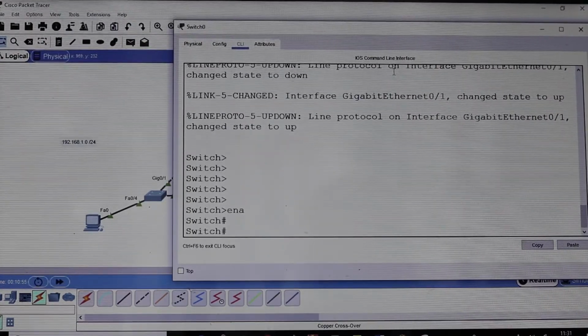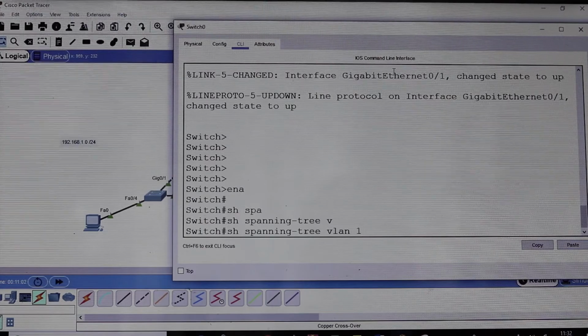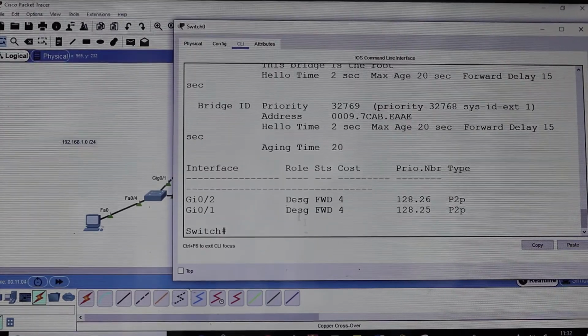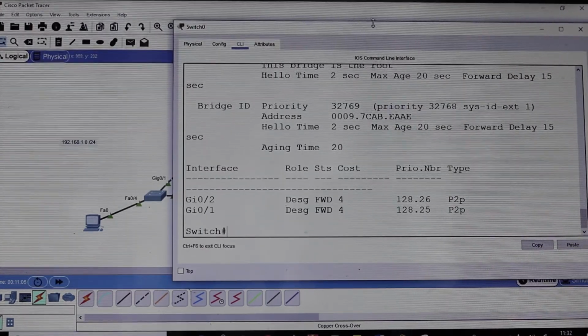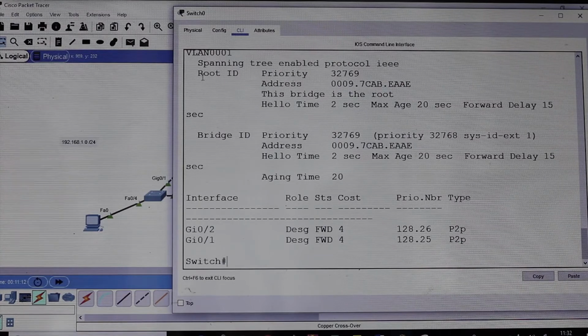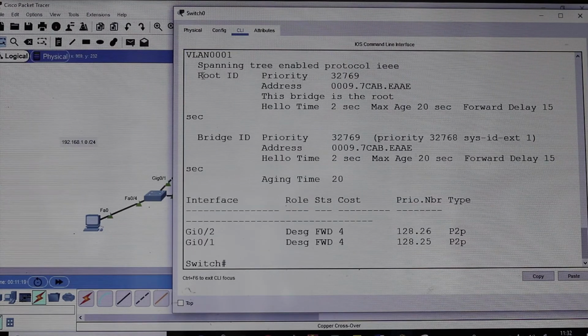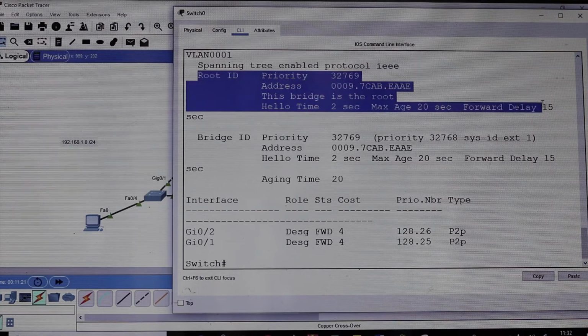Show spanning tree for VLAN 1. Why do we choose VLAN 1? Beautiful. Yes. Watch the information here. Every information you are seeing here is the information I'm going to give you on VLAN 1. My root bridge has all this information.